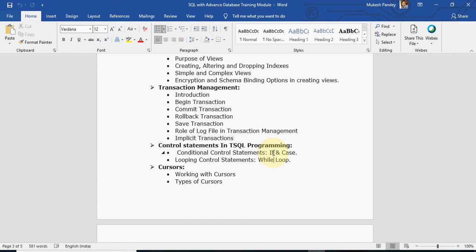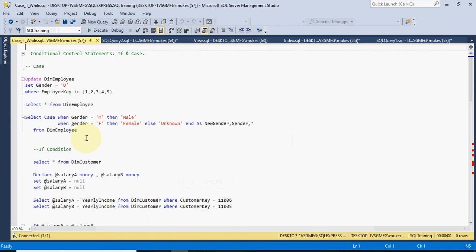So basically, IF and CASE are used to check a condition. In the IF we can use BEGIN and END, but in the CASE we use WHEN, and we need to end with the END statement. So depending on the requirement, we can use IF or CASE. Both are used based on a condition only. Okay.